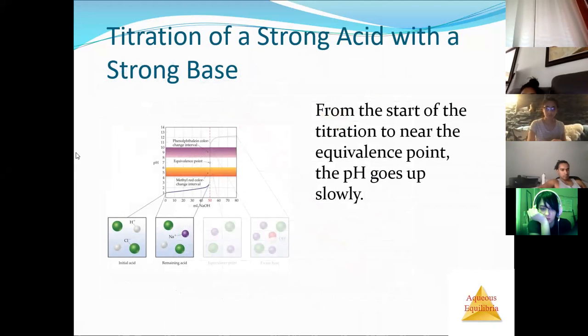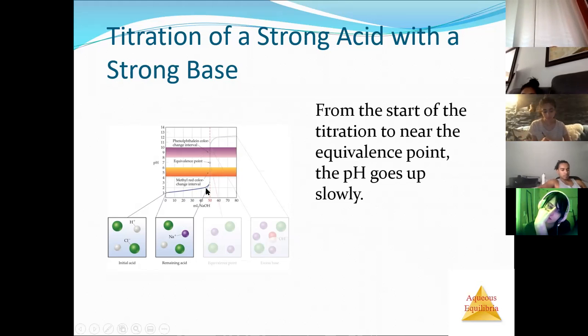Okay, this is the curve. You're saying this is my curve. My y-axis is going to be pH. The x-axis is going to be milliliters of NaOH. As Jessica determined, my pH is going to be low at first because I've added no base to my acid. If I've got a strong base with a strong acid, then the pH is going to gradually increase